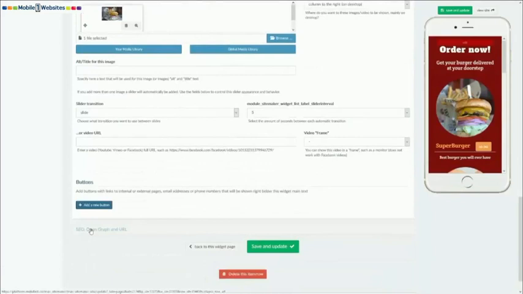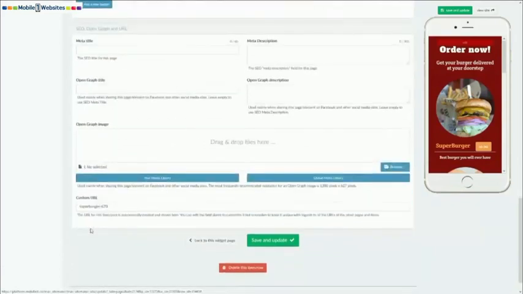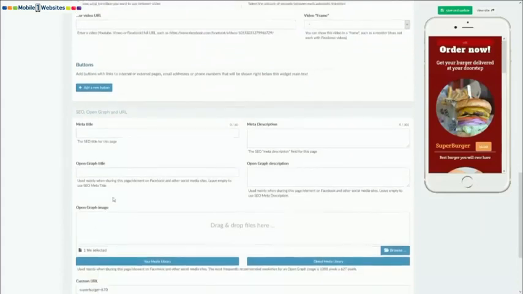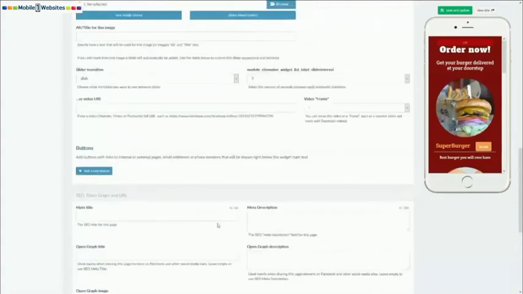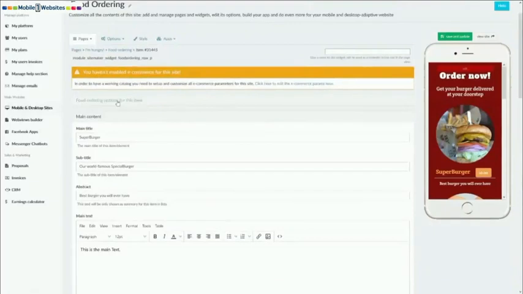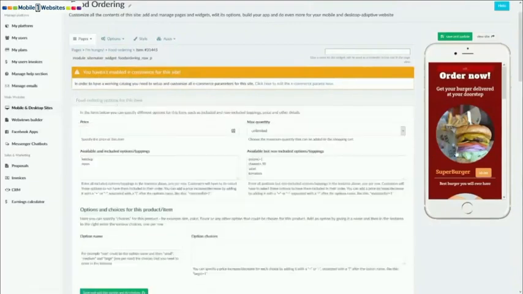Now this SEO, Open Graph, and URL, this is for search engine optimization, which is also gone over in a separate tutorial. And this is for Facebook and social media sites as well. Once you have all of your items set, all of your toppings, and all of your pictures up and loaded, and made sure everything's saved,